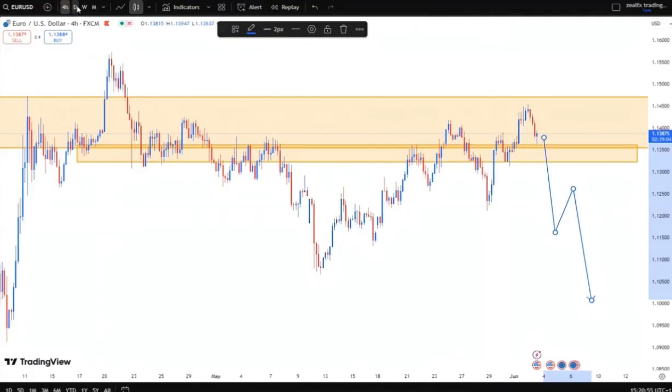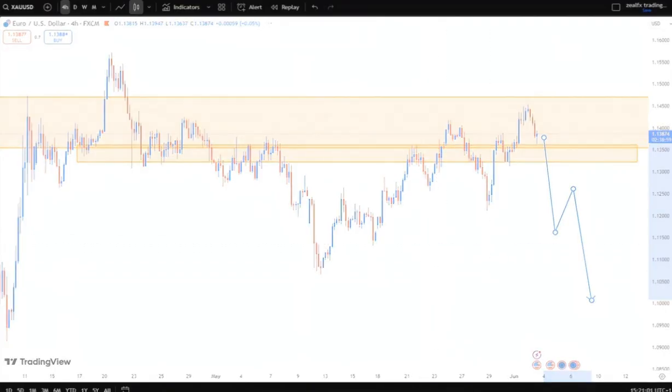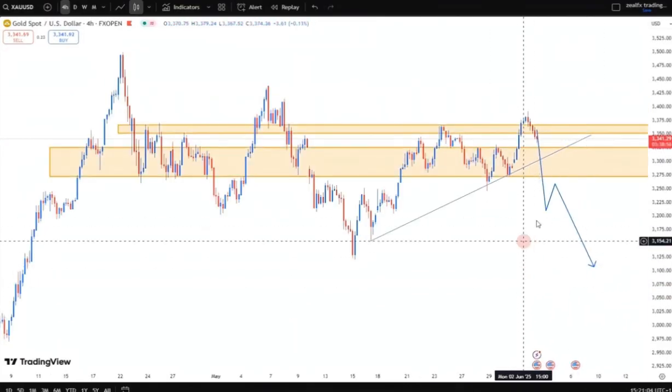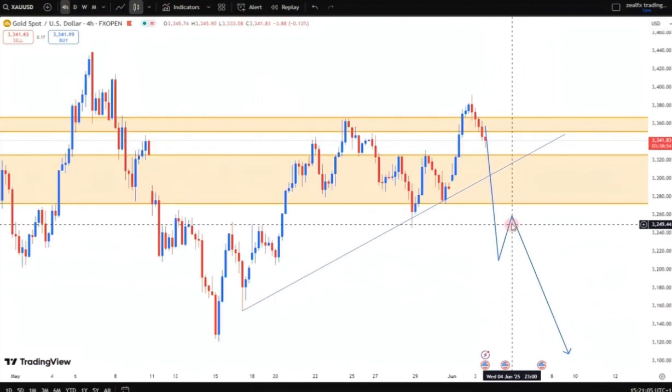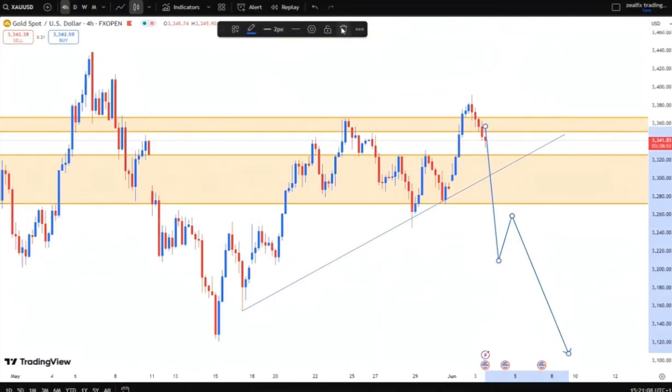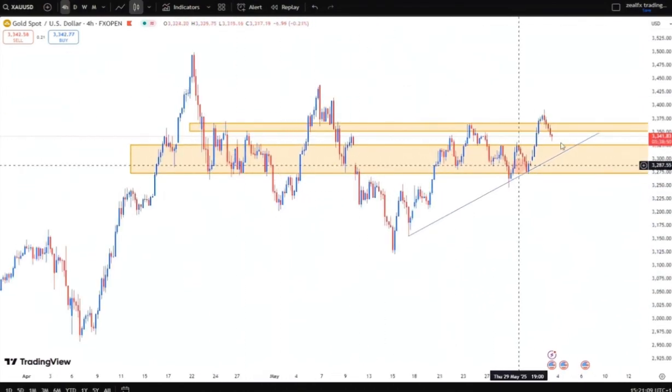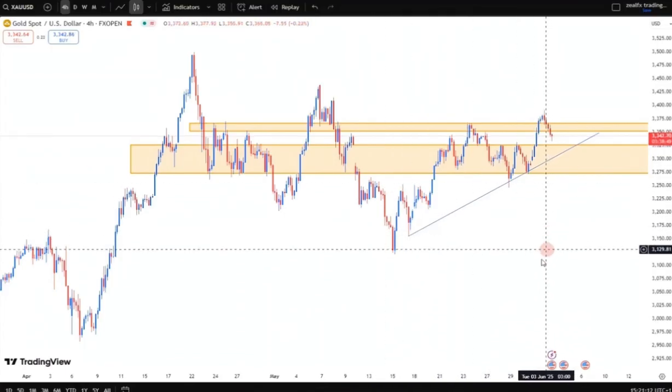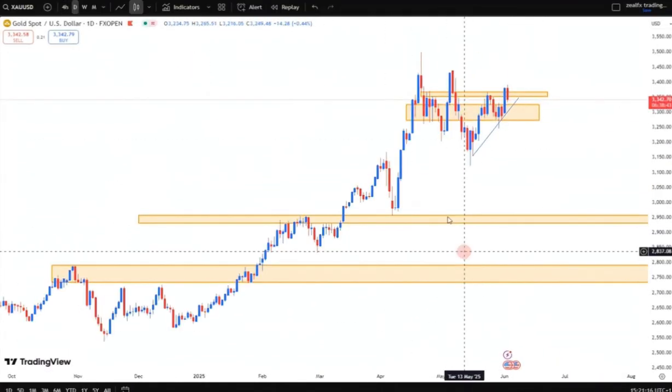So let's go to our next pair, which is the gold USD. So gold on the 4-hour chart is currently on a sideways trend. We have this sideways trend on the gold USD. So long as we have this sideways trend of gold USD, and on the daily chart we have a downtrend structure,